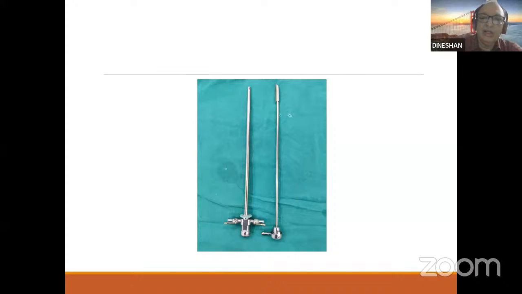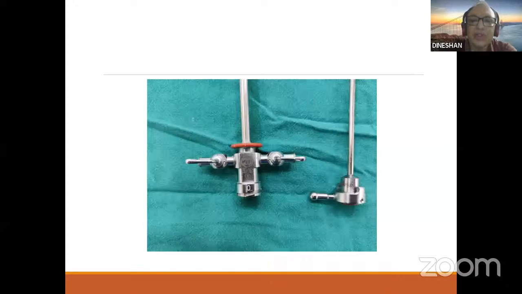And here there is a difference between the 17 French obturator and the other obturators. All other obturators are longer than the 17 French. The 17 French obturator is short and rounded. This is our oval. These are all longer ones. The 17 French obturator doesn't have a groove at the tip. This photograph doesn't show that.